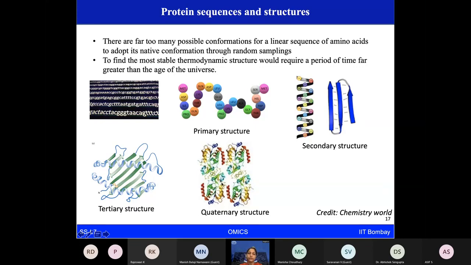After folding and forming these global structures, take hemoglobin for example, which is a heteromer. In hemoglobin we have two alpha chains and two beta chains, which make up a quaternary structure. To make these proteins functional, these quaternary structures need to fold properly, otherwise this will lead to several kinds of diseases. Mutations at the primary amino acid level can cause misfolding at the global quaternary structure level, and it may cause several diseases.